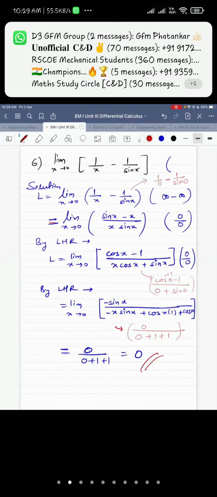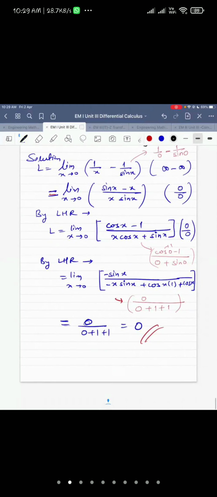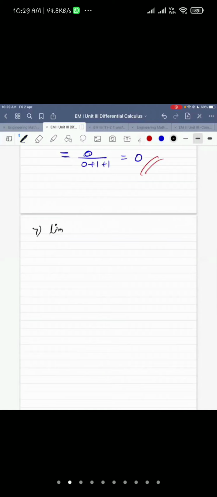See, plenty of examples are there. There is no limit to these questions. I'm trying to finish as many questions as possible, but I cannot solve each and every question. So today also I'll give a few questions for homework, right? Those who solve all the homework carefully will not face any problem in exams.